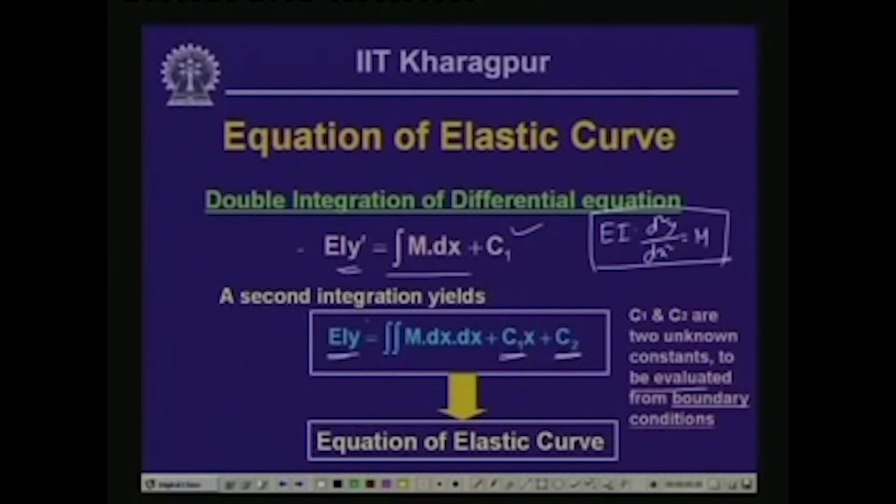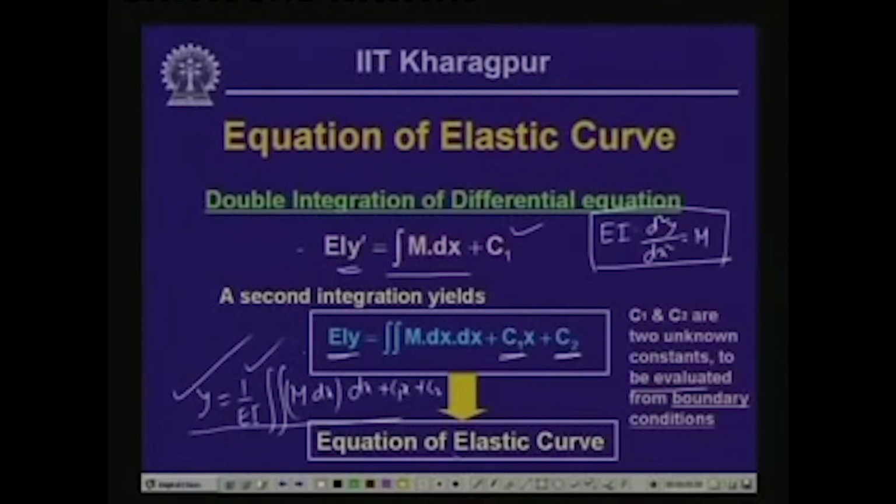Now, from these we can write that y is equal to 1 by EI integral M dx plus C1 x plus C2. Now, this particular expression is termed as the equation of the elastic curve, that y we are representing. Since moment M is a function of x, y will be a function of x, so that we can compute